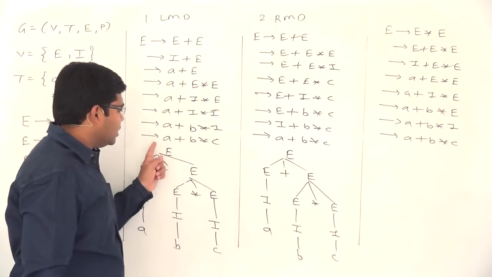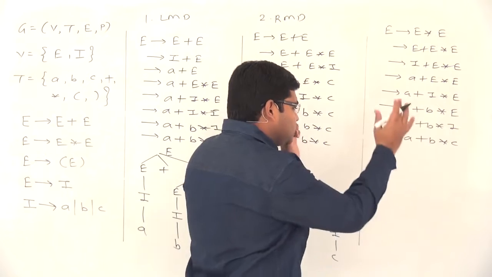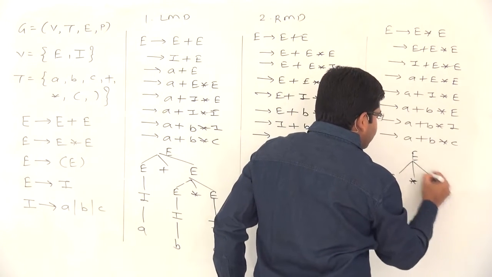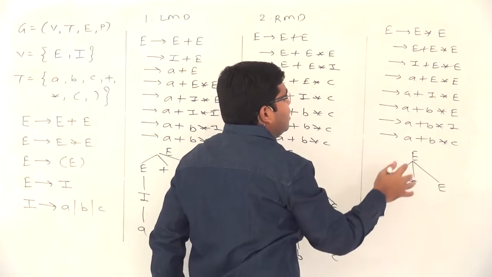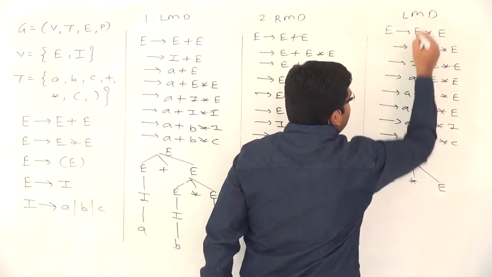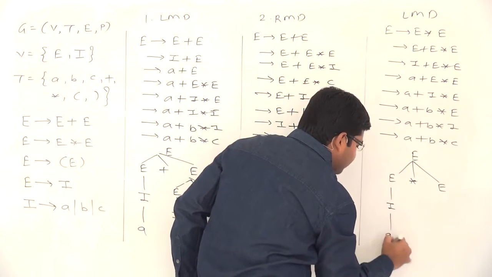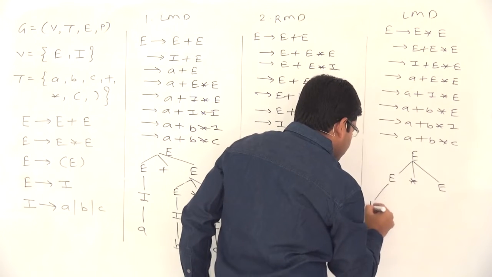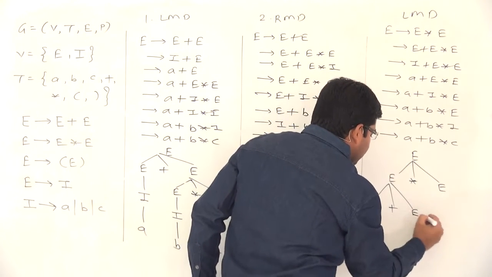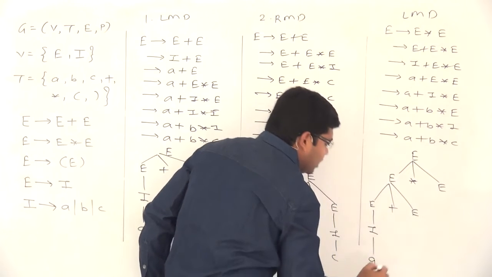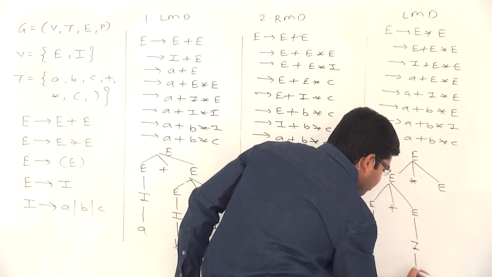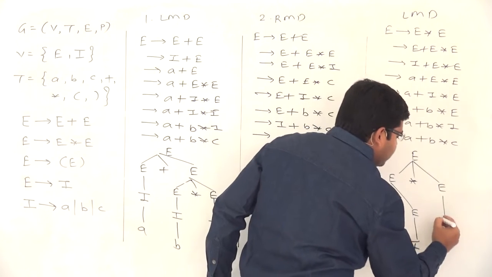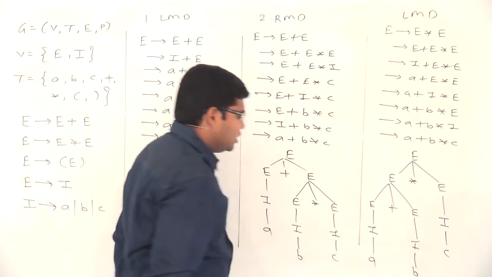Again we get the same terminal string a plus b multiplied by c in all the cases. Let us draw the derivation tree here also. So here it is E produces E multiplied by E, we will follow the derivation, then because it is a leftmost derivation, we will replace this E with I and this I with a, then we replace this E with E plus E, then we replace this E with I and with a, and we replace this E with I and with b. Okay, and similarly we convert this E to the variable c.